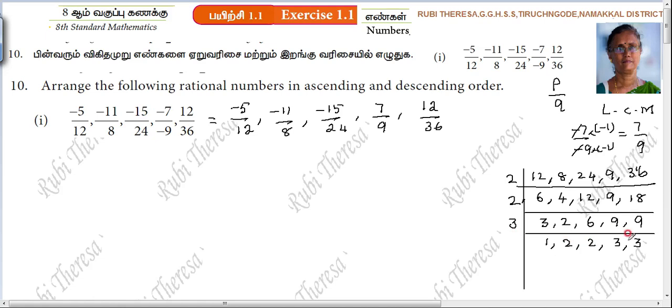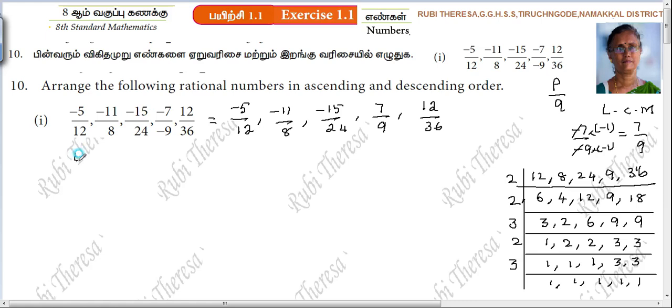So again you can take either the 2 or 3 table; whichever you want. I am taking the 2 table. 1, let me write as it is. 1 2 is 2, 1 2 is 2. Next, 3 is not exactly divisible by 2, so write 3 as it is. Now which table? Very good, the 3 table. You tell me the answer: 1, 1, 1. Next one, 1 3 is 3, 1 3 is 3. So finally you got 1, 1, 1, 1 like that. These are the numbers you have to take. What is the LCM?